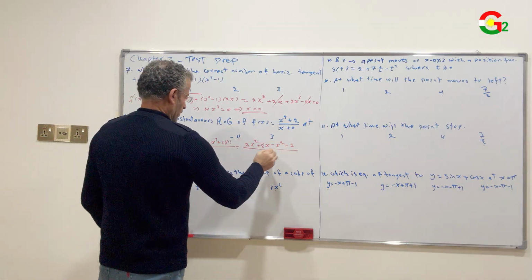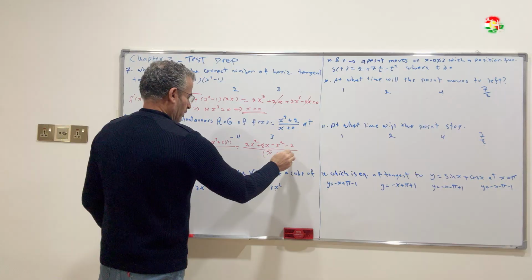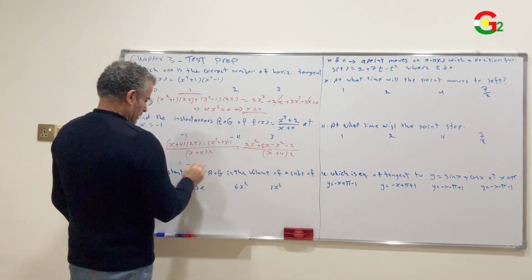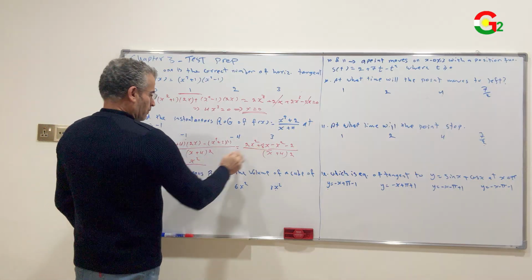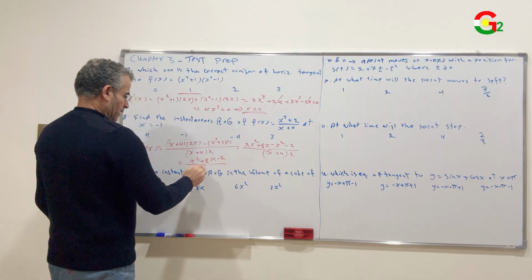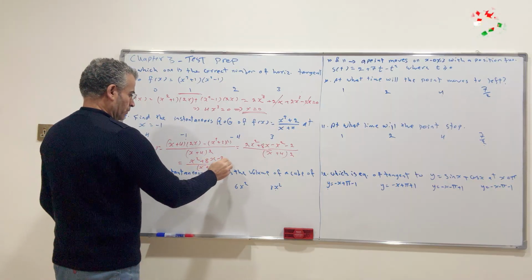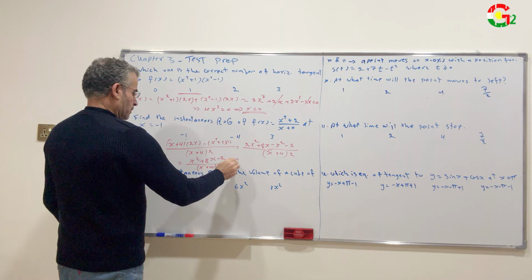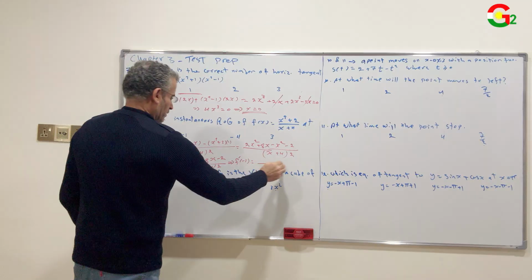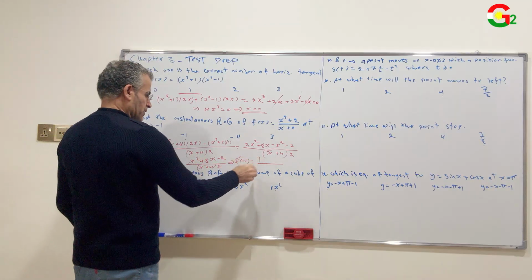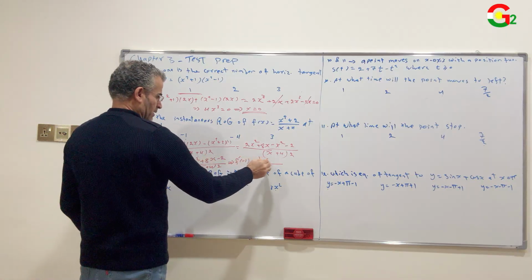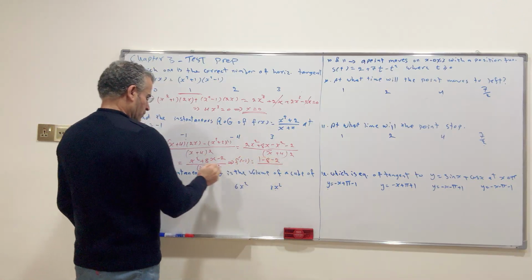minus 2 over x plus 4 all power 2 equal to 2x power 2 minus x power 2 plus 8x minus 2 over x plus 4 power 2 at x equal negative 1. Substitute every x with negative 1, negative 1 square 1, plus 8 times negative 1, minus 8, minus 2